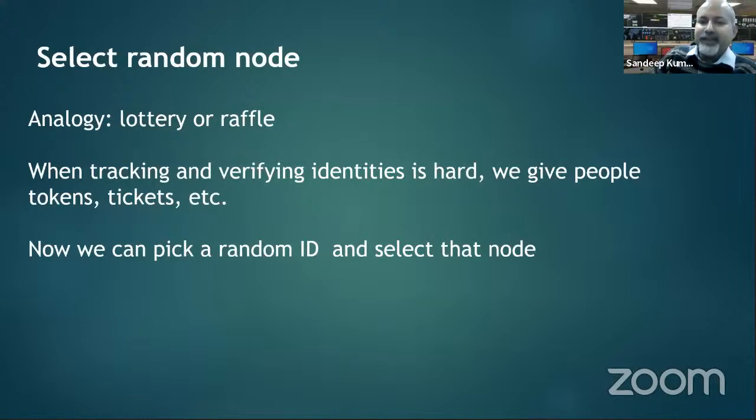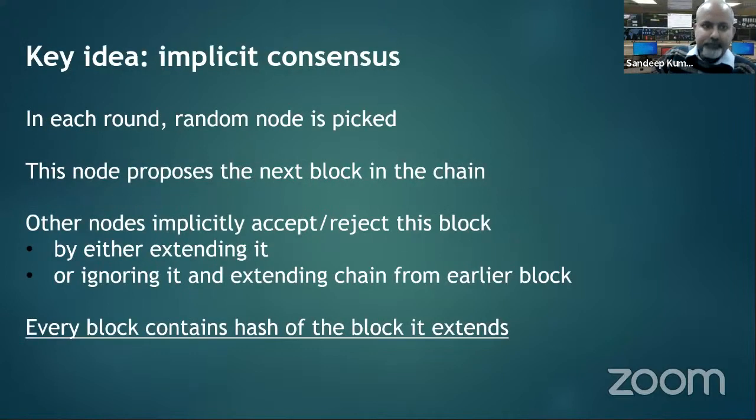So what Satoshi has done is that, using a distributed consensus protocol, he has created a similar method of selecting a random node for creating the next block. But since there is no central authority to create these numbers and distribute them and then do a raffle,